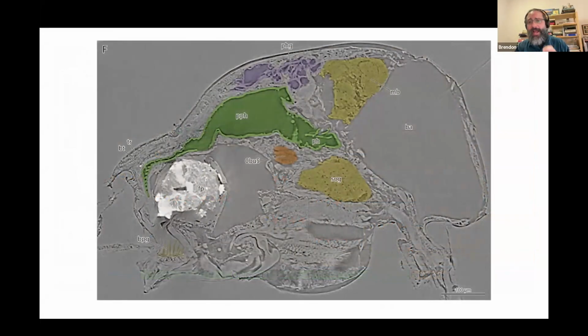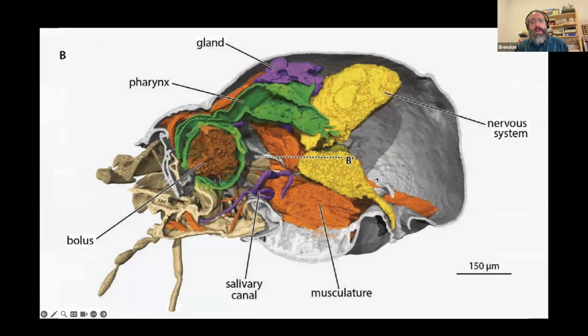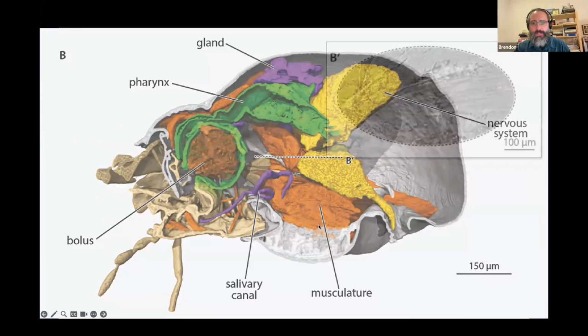And the last thing that I want to mention before closing is that if we look at the cross-section of this fossil, it looks like this is all scuzz. We've green and yellow labeled some things. It turns out that the entire internal anatomy of this 100-million-year-old fossil was preserved in 3-dimensional fidelity, from the last thing that it was grooming or eating in its infrabuccal pouch, to glands in the head, the salivary canal, musculature,